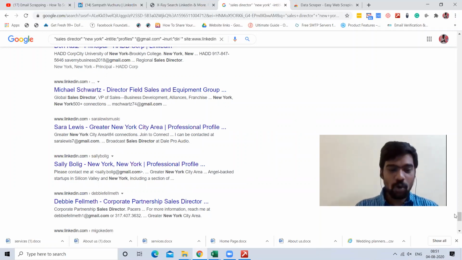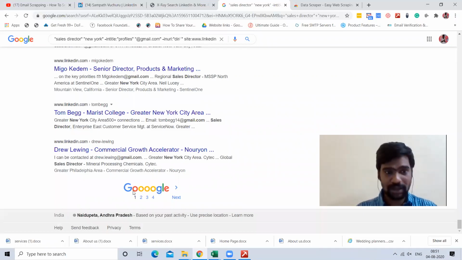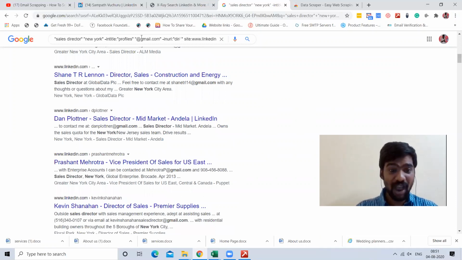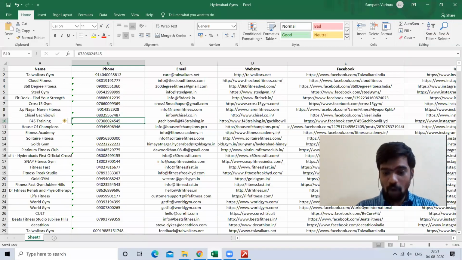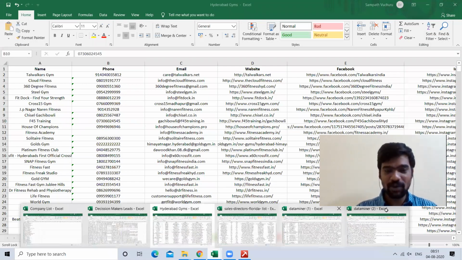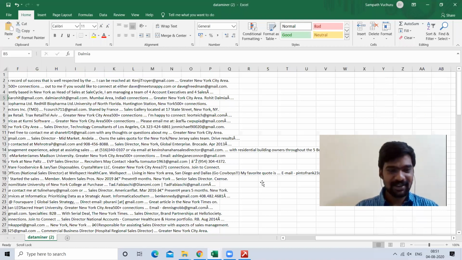The same thing: go to the second page and do the same thing, collecting another 100, then the third page, another 100, like this. Then we can change the search term here to Gmail, Yahoo, or others, and we can collect hundreds of leads like this in just some time. How cool is this, right? In just some time, we can collect all this data.